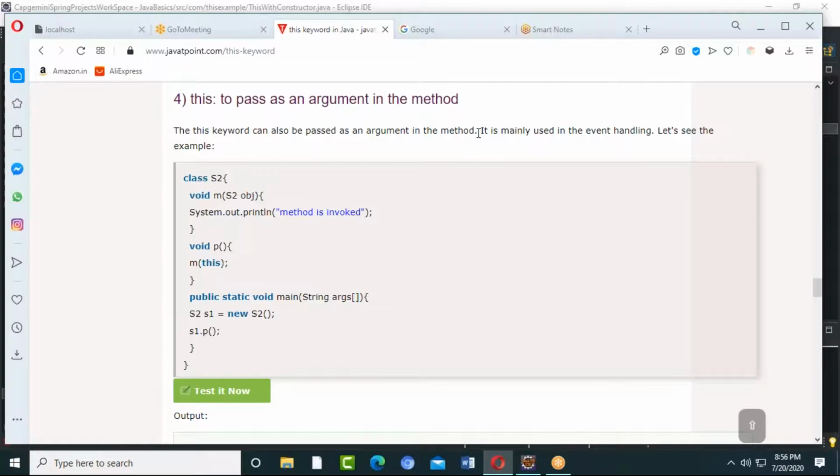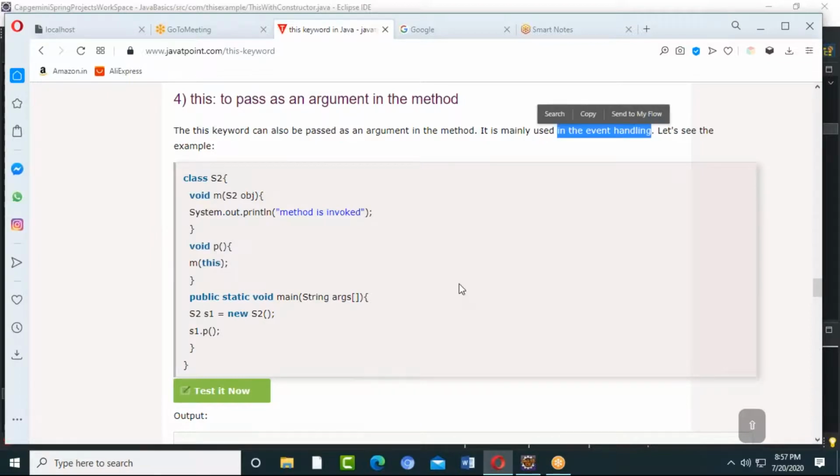So basically if you want to handle an event, that means when I click on that, an event has to happen immediately. For the same one, I'm going to give it. It is not going to have some other dependency. In that case, we are going to use this. Basically, we don't use it over here. We will be calling it in another way. In some other method, I can say m of this. That means the current instance only. So this is basically used in event handling methodology.